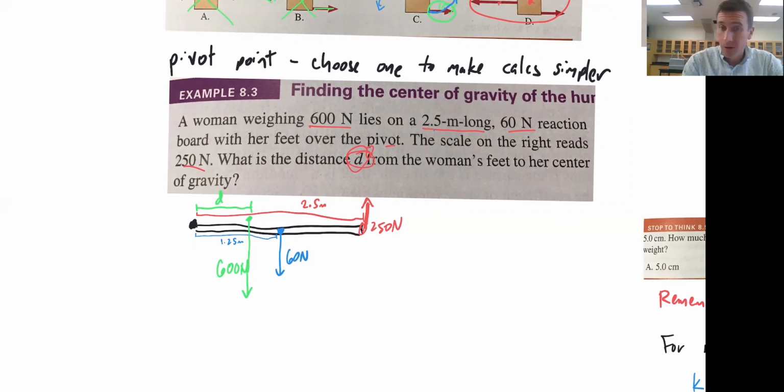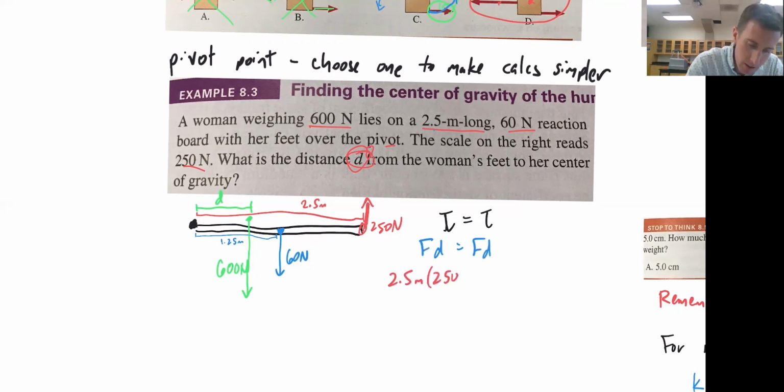So I can set these equal, right? So remember, I can do this torque equals torque thing. Torque equals torque, right? Set the 2 sides of torque equal to each other. Going up, I just have the 1 set. I should note that this would be force times the radius, or force times distance equals force times distance. Going up, I have 2.5 meters times 250 newtons, all right? That's the torque that the scale is exerting,